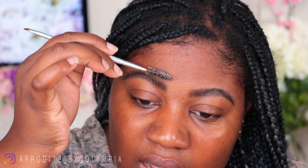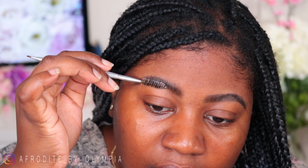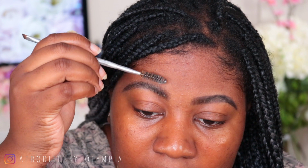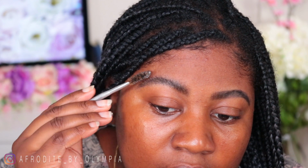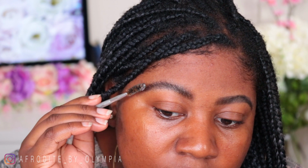Now, the Revolution Soap Styler, you guys, what an activator? Amazing. Ever since I used this in my last video, which was a while ago, guys, I have been using this for no makeup days, to set my brows before going to work. I'll just comb it through and brush it up. Like it just,